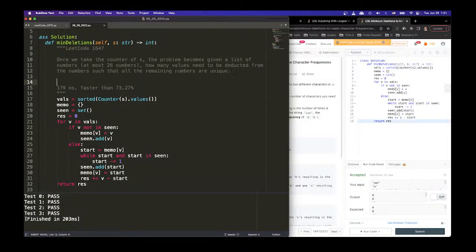Now, since we're dealing with 26, right? Yeah. So the strategy